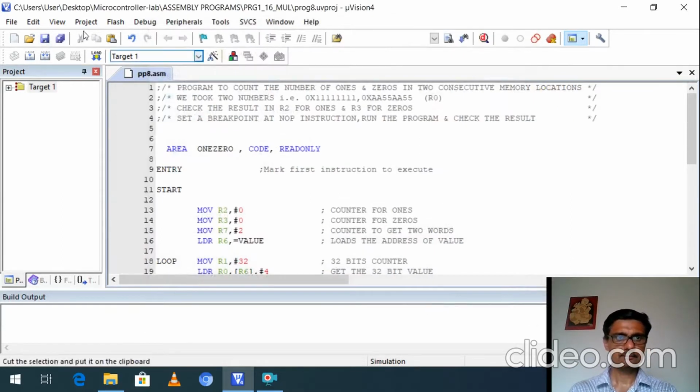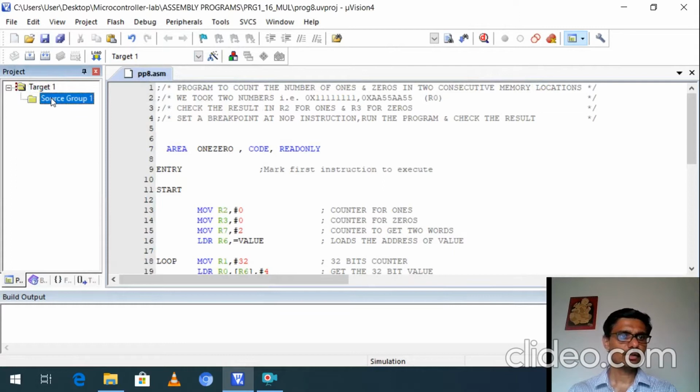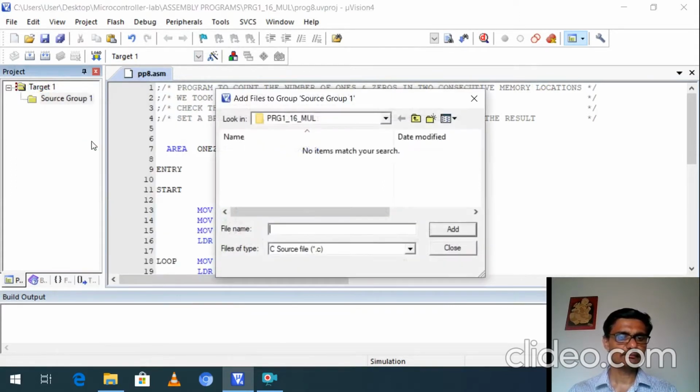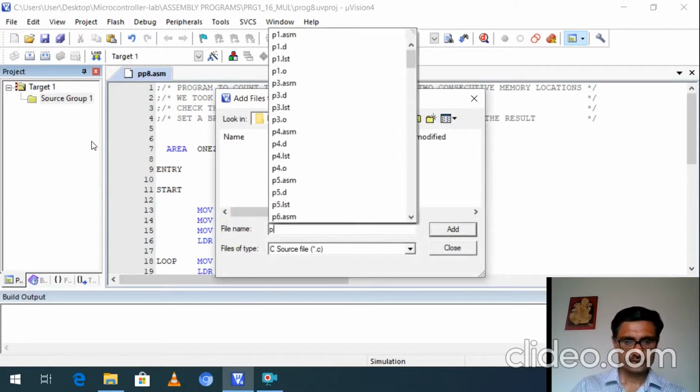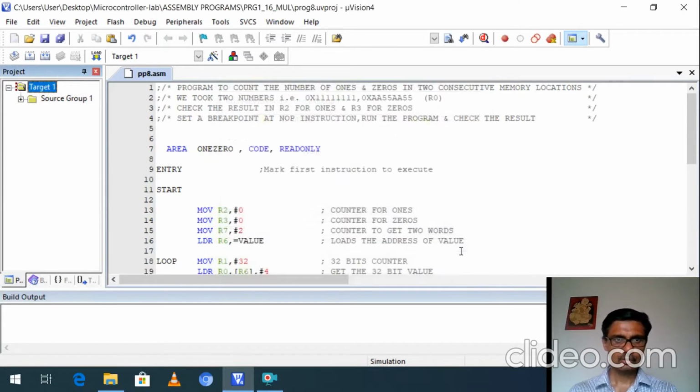Save it. Next, add: click on Target, click on Source Group, right click on Source Group, Add Existing File, that is pp8, our file pp8.asm. Click on Add, click on Close.